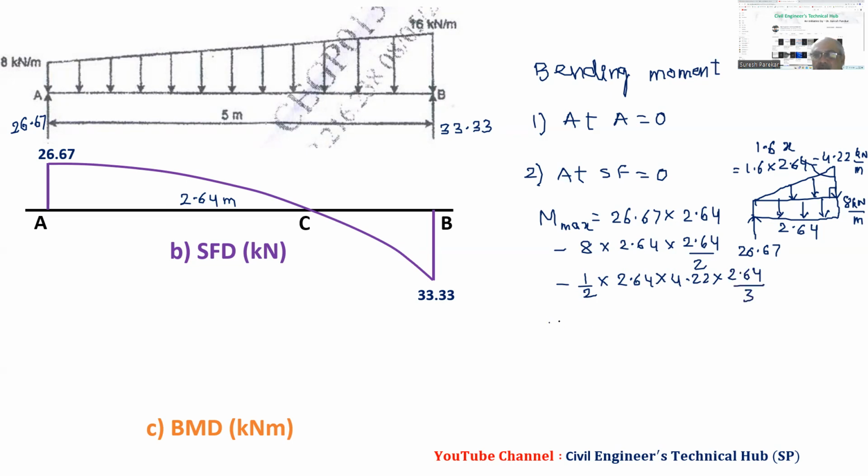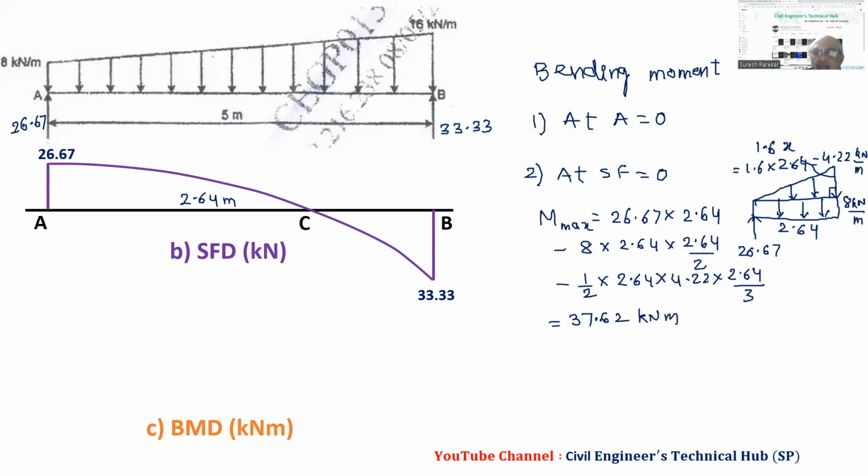And we will get this value, I will just calculate: 26.67 into 2.64 minus 4 into 2.64 square minus 0.5 into 2.64 square into 4.22 divided by 3. And this value is 37.6. I got 37.62